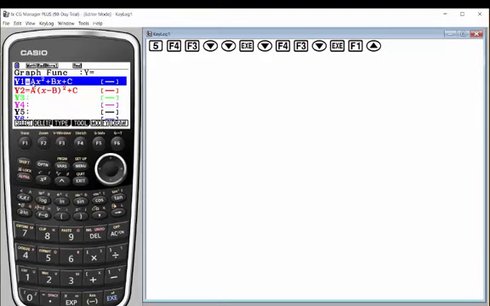Now I'm at B, I'm changing it to 1, I hit execute. What did that do to the graph? It seemed to have moved it over, slid it to the left a little bit when I changed B. If I'm a student, I might be paying attention to this. Let's now change C to 1 and hit execute. Oh, that's interesting. That seemed to have moved the graph up 1. So right now I'm getting a sense maybe each one does something different to the graph.